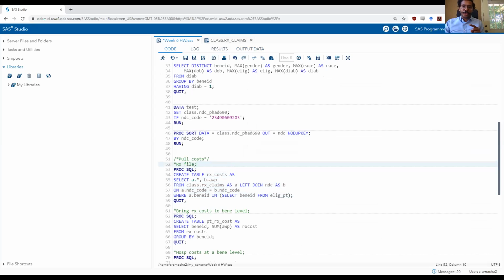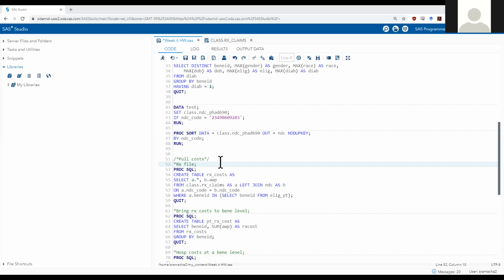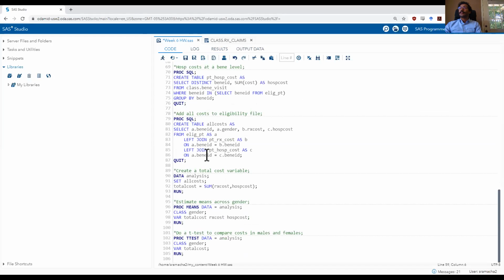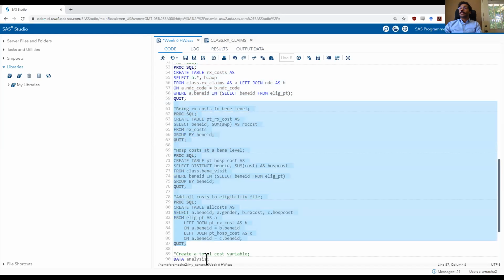I want to go back to you sharing your screen, but thank you for showing us this error, which I did not catch either because I did not anticipate that there were duplicates in my NDC file. Yeah, I think it will change the result as well. Will it? Okay. Do you want me to go ahead and run the whole thing? Yeah. Okay. So now that we've fixed the RX costs, I want to run everything else as well.